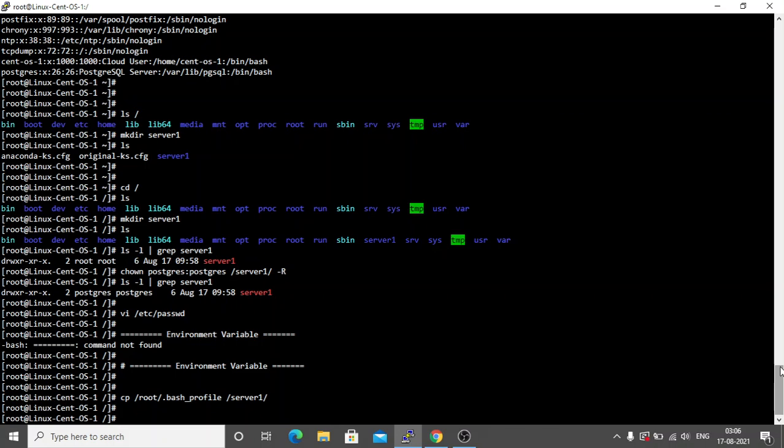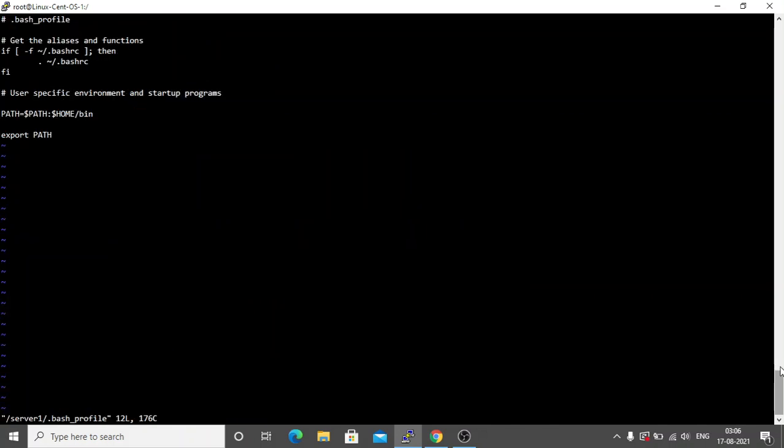And now we will edit this file. So vi server1/.bash_profile. In this we will set our path. So type export PATH=, we will here put the bin location.